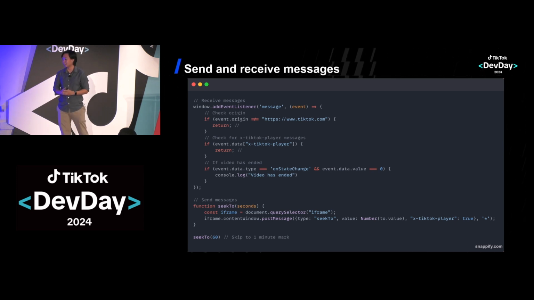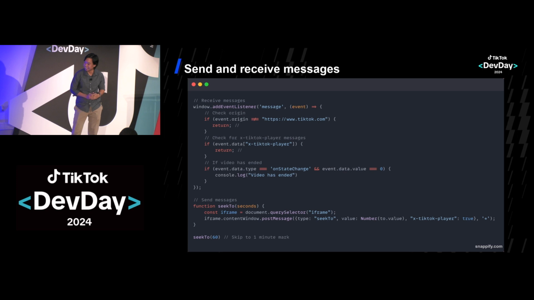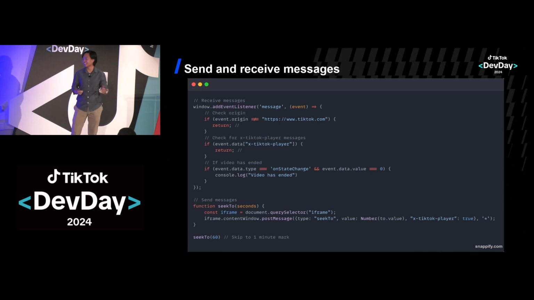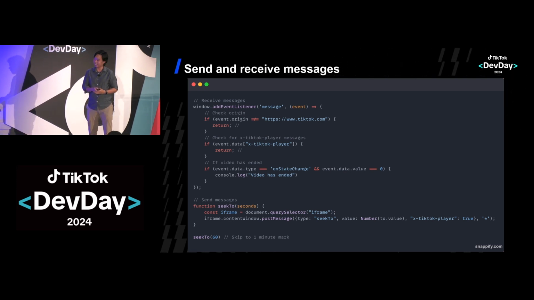So once we have all those three values, you can send that message to the iframe player. And when I run seek-to 60, it will skip to the 1 minute mark. So yeah, with all that in mind, we can do a quick